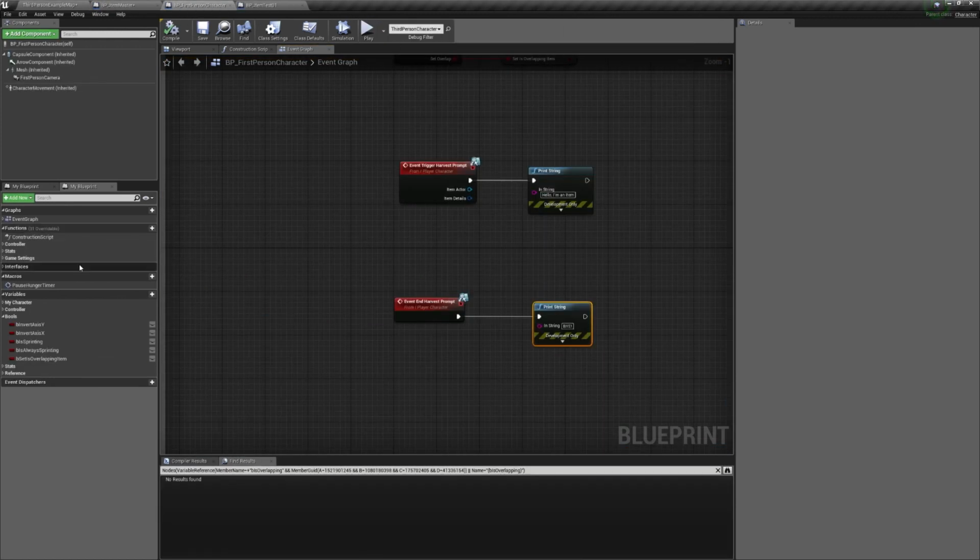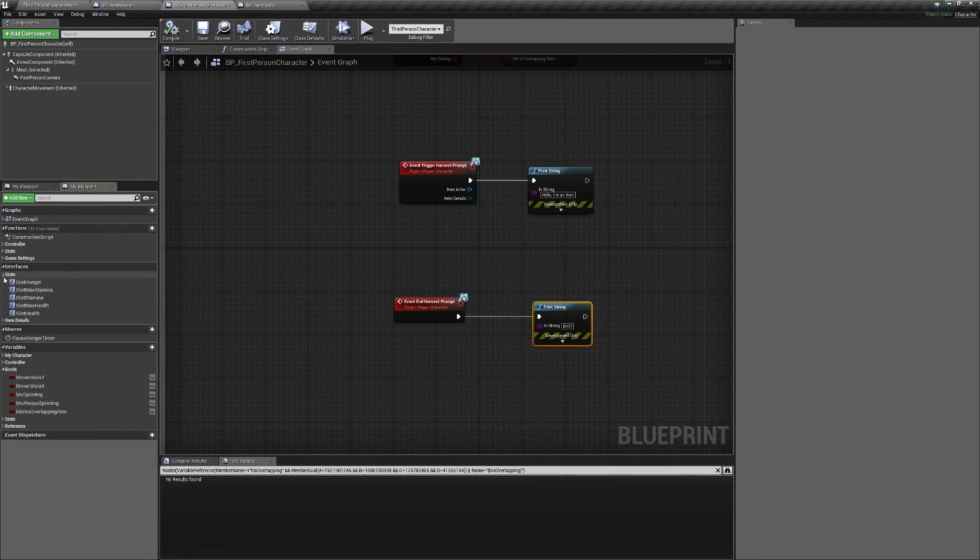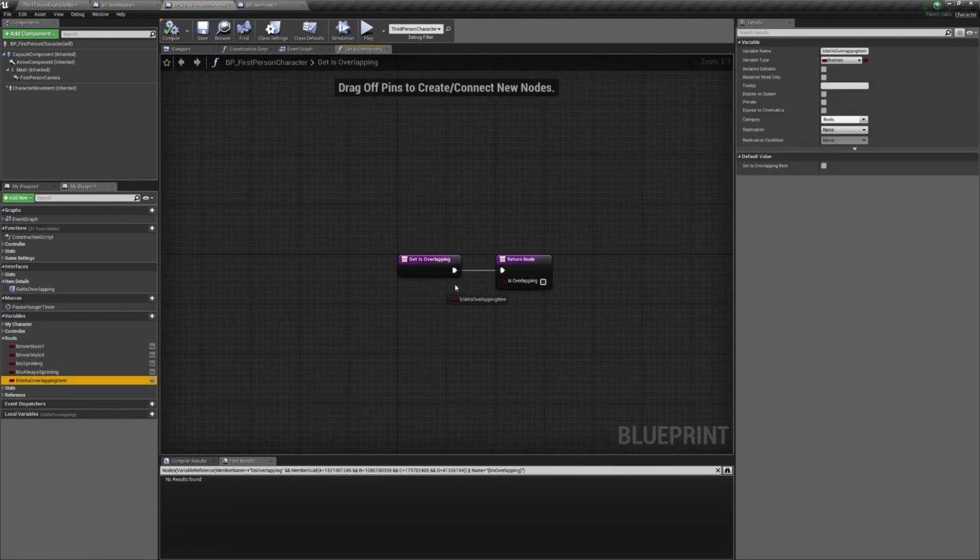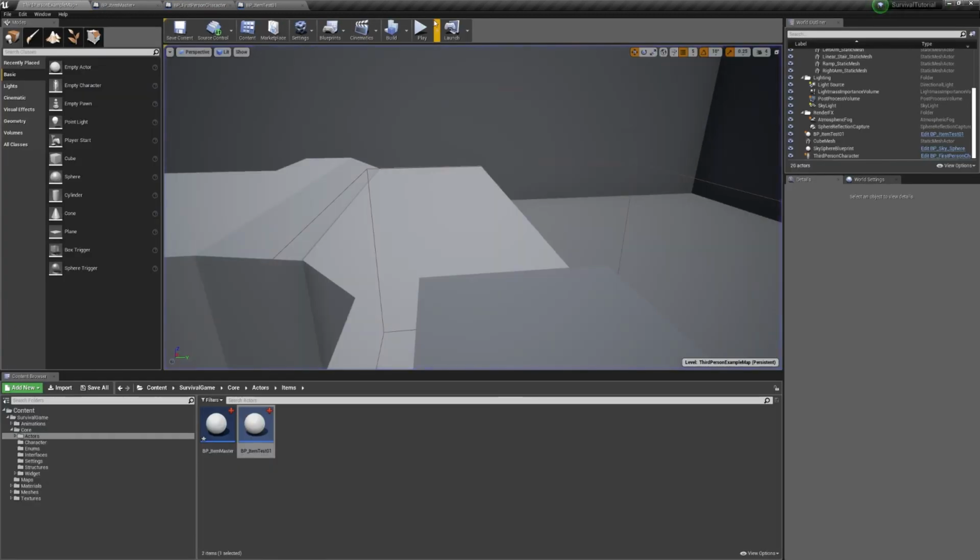Go back to your player character. Go to your interfaces. It's the check. Go to your item details. Set is overlapping. Plug set is overlapping item in. Compile, save, and